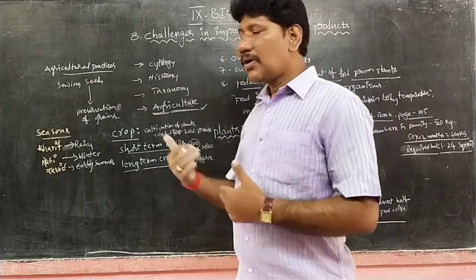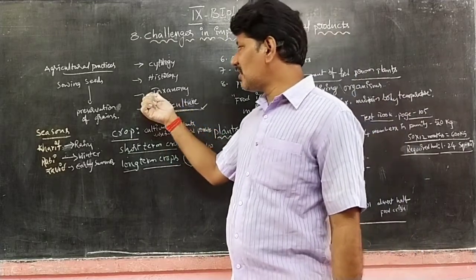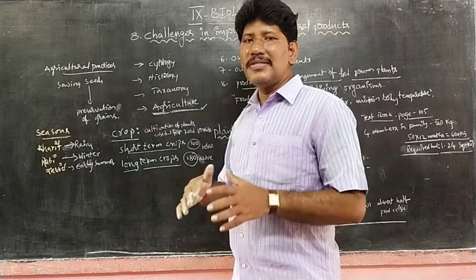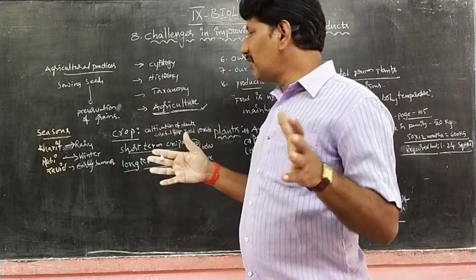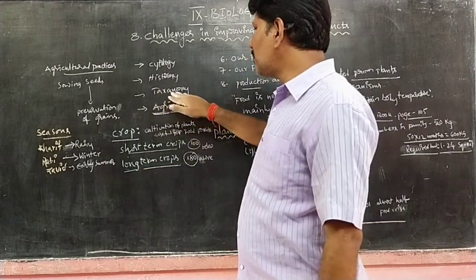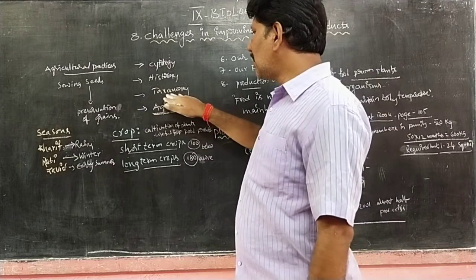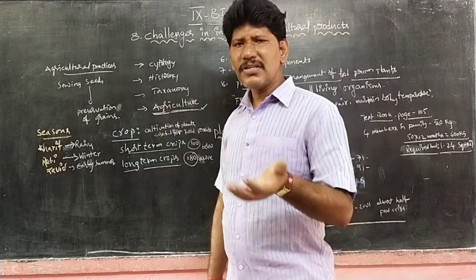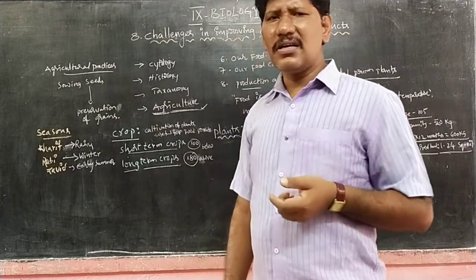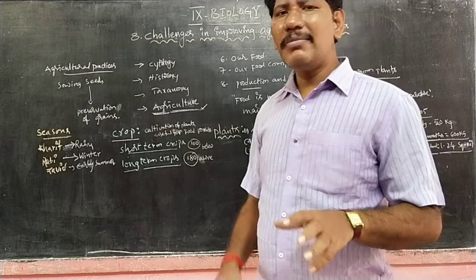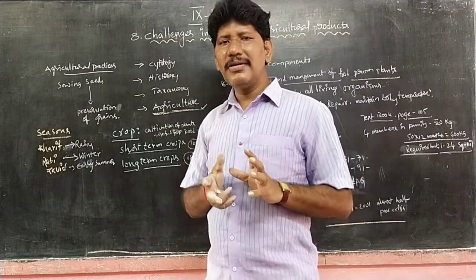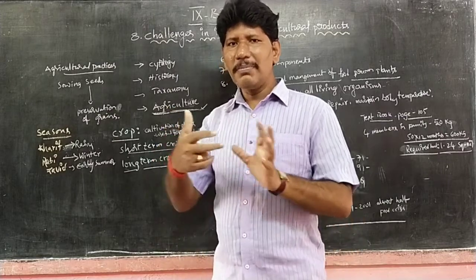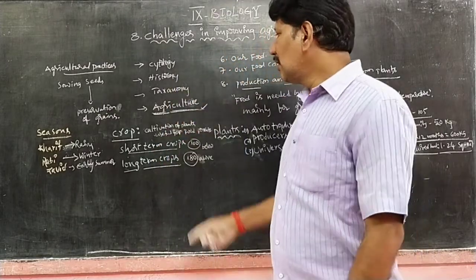Next, another topic, diversity in living organisms. There we learn about the need of classification. The entire diversity of living organisms, the branch of biology which deals with the study of classification, we call taxonomy. Next, of course, we have sense organs and animal behavior. In the entire 9th standard we are going to study different concepts compared to the 8th standard.